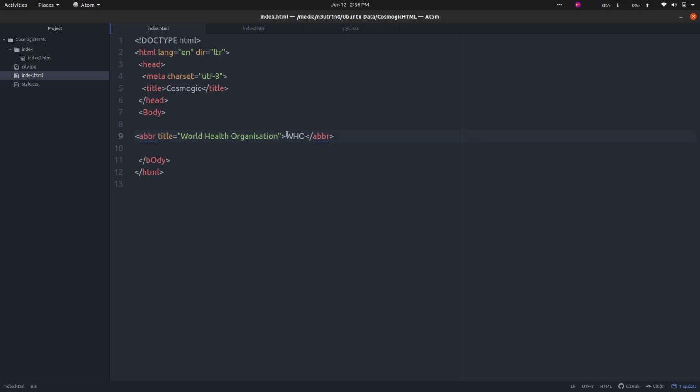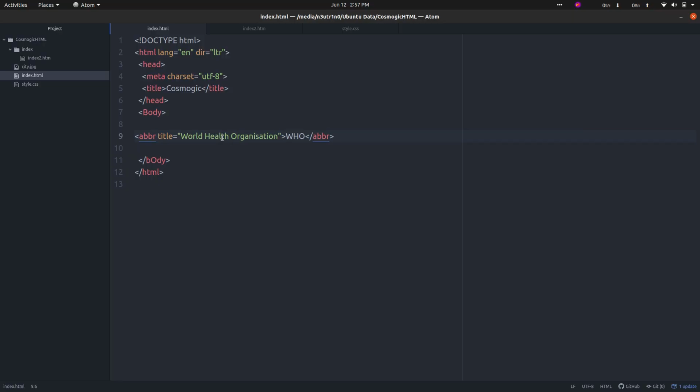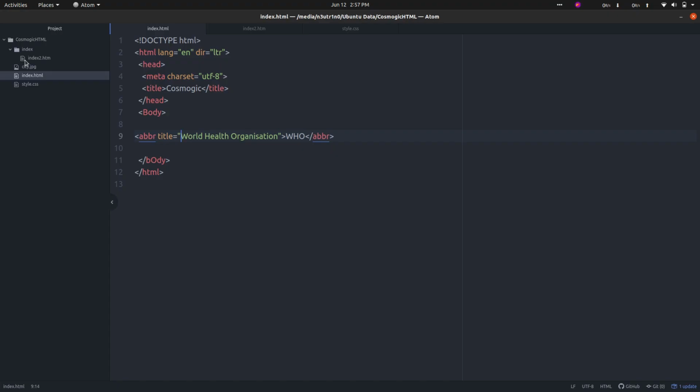So what is the basic meaning of the abbreviation tag? It is a tag used when we have certain short forms in our paragraph or website, so that if some user doesn't know the full form of this WHO, we all know this, but I am just giving an example. If I add the title here, kindly press Ctrl S and open it in the browser, you can see it is giving me only this. So this is the title. Whenever I hover over this short form, you can see it has a dotted line, meaning it is the abbreviation tag. When we hover over this, it says World Health Organization. It is giving me the hint that the full form of WHO is World Health Organization.